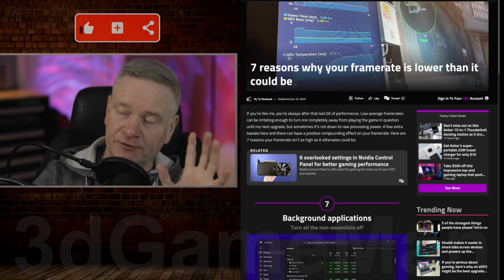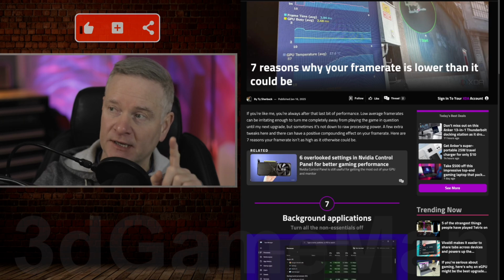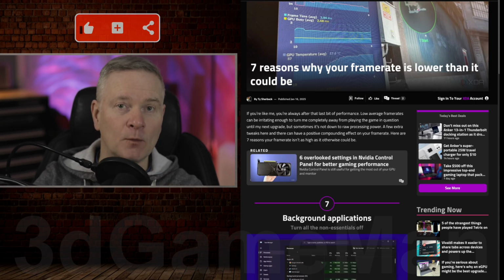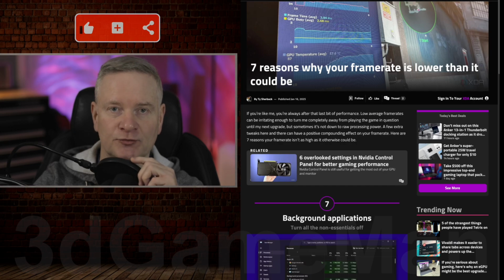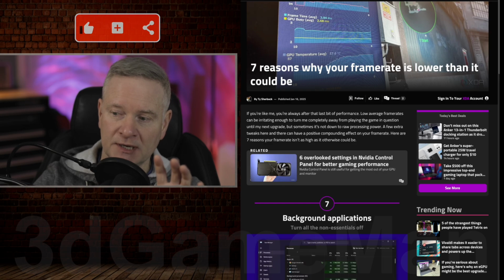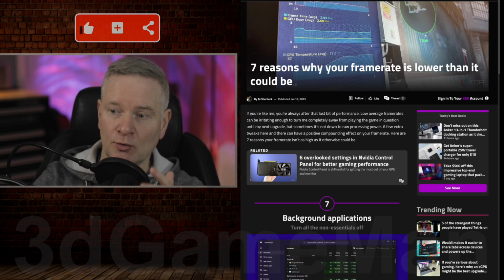So this site, which is excellent, called XDA, has gone through 7 reasons why your frame rate is lower than it could be. Let's go through these one by one, starting with number 7. Background applications. You do not want to have a lot of applications running in the background because it's going to use up a lot of memory and maybe potentially a fair amount of CPU usage. And if that is happening in the background, it's going to take away from your performance in whatever game that